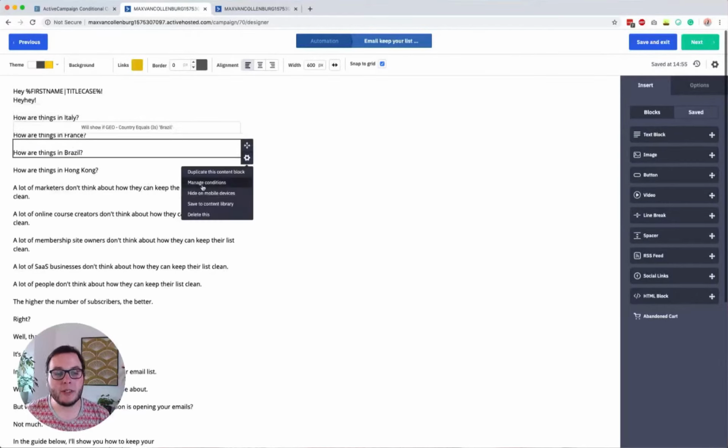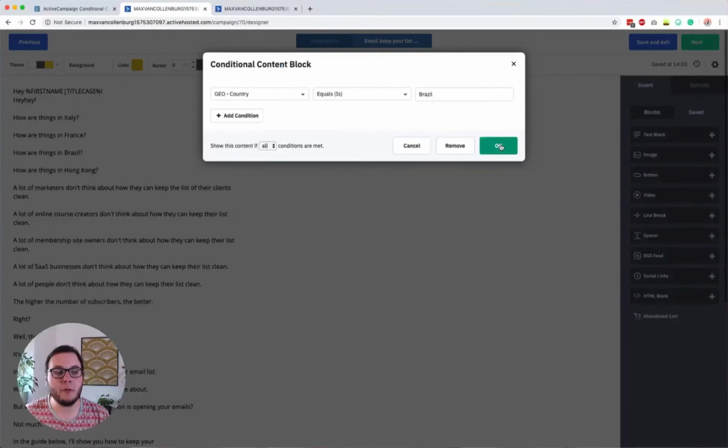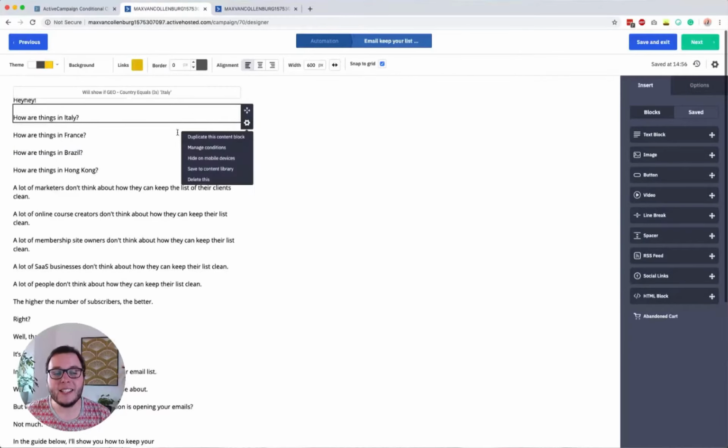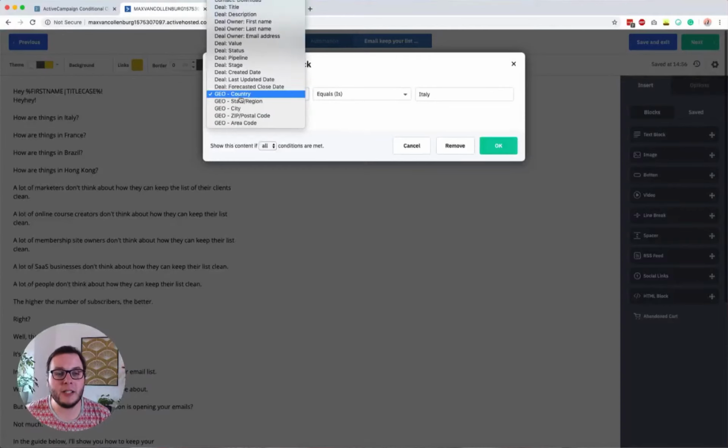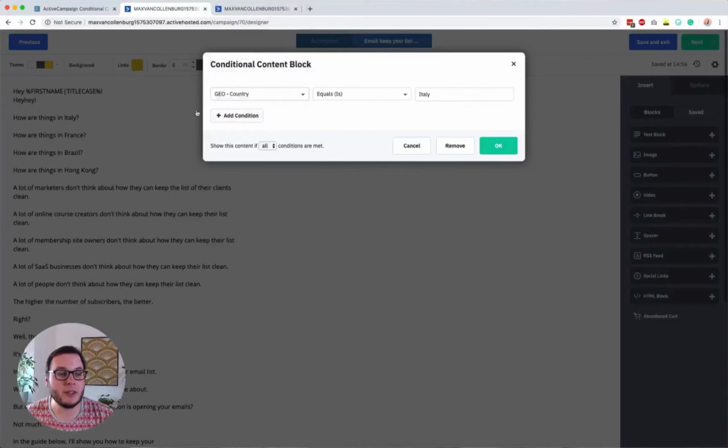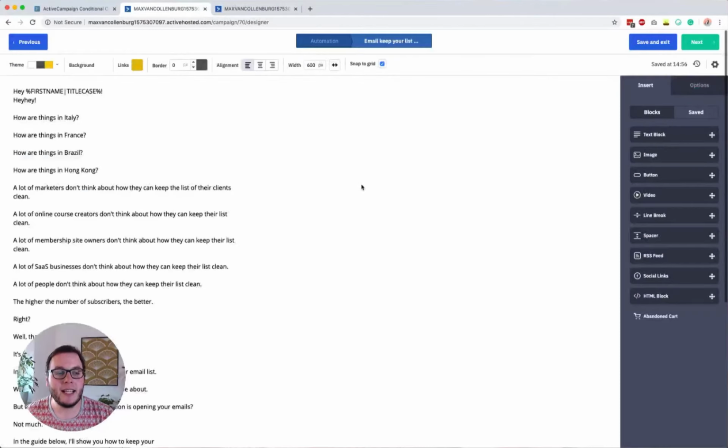And this block, Brazil, will only show to people from Brazil. I think this is pretty cool. If you want, you can even do it state-based, city-based, zip, postal code-based, area code. You have no clue how ActiveCampaign knows all of these things. But I'm often using country because it's a little personalization thingy.